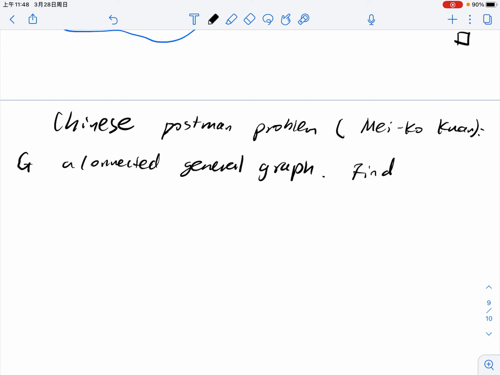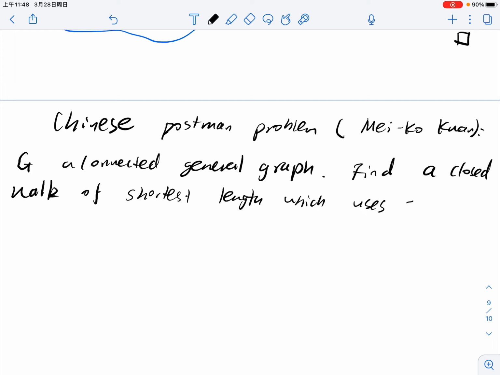Find a closed walk of shortest length, which uses each edge of G at least